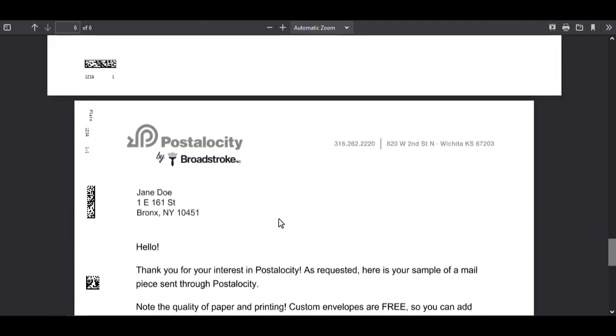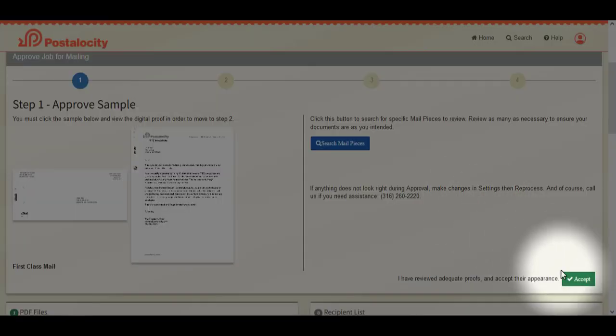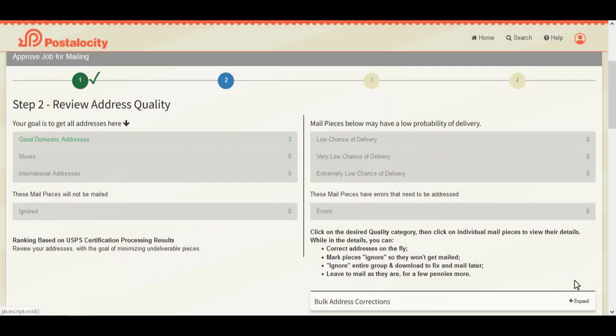So those all look good to me. So we're going to go ahead and click Accept. We're accepting just step 1. Step 2, this is where we're going to review the addresses. We have, in this case, 3 addresses, and all 3 are good domestic addresses,